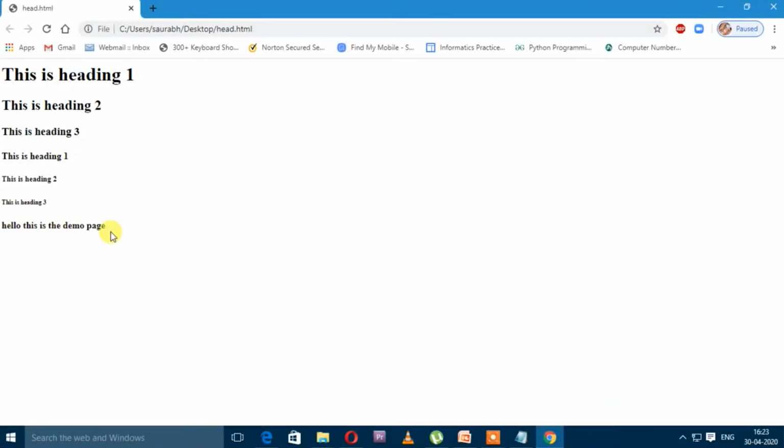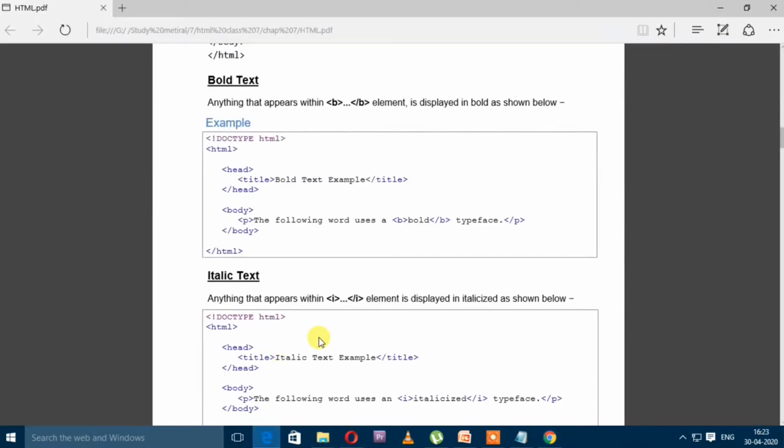The next tag which we want to discuss is the italic tag. The italic tag, or the I tag, is responsible for decorating our text as italic. Look here, in the same code with our H1 I am applying it.